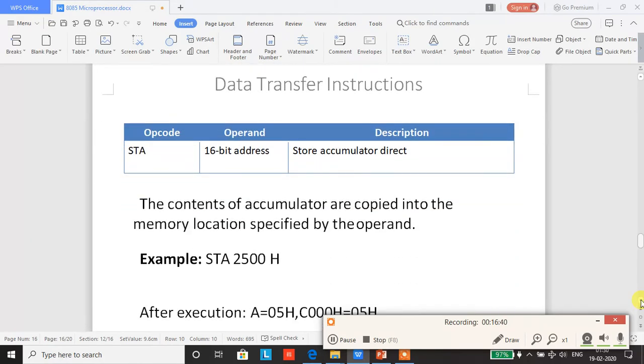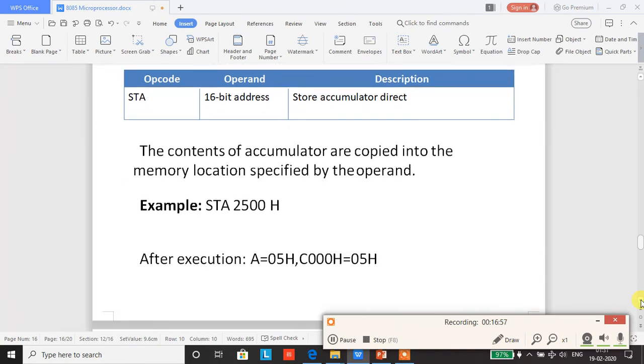Now, we have seen the load instructions till now. Now, we will see the store instructions. As we have seen in the load instruction, the destination comes first and the source comes afterwards. Now, in the store instruction, it will be the reverse of it. That means, if I write STA 16-bit address, the accumulator content will copy into this 16-bit address. STA means store